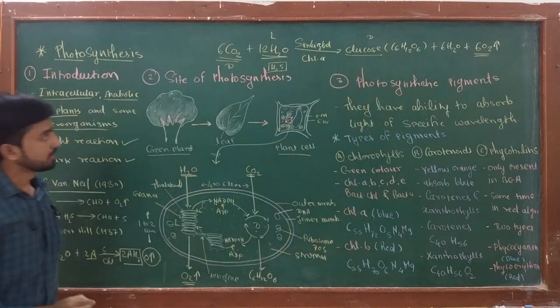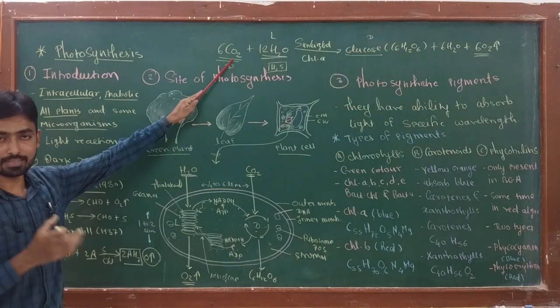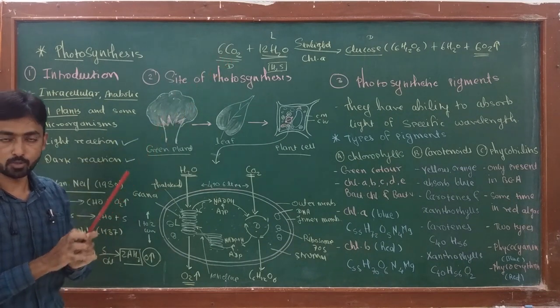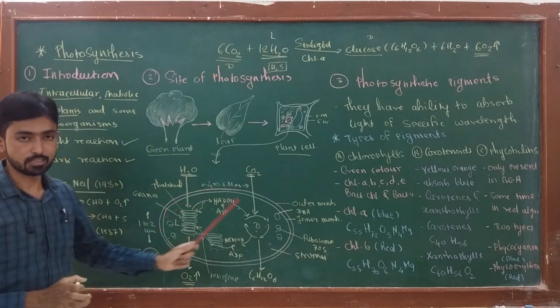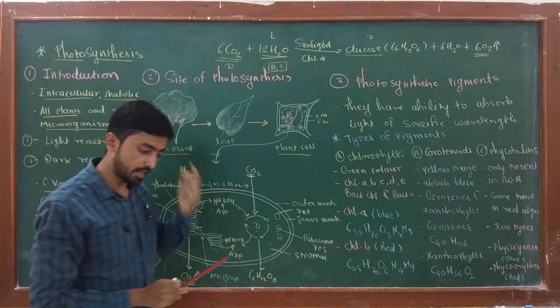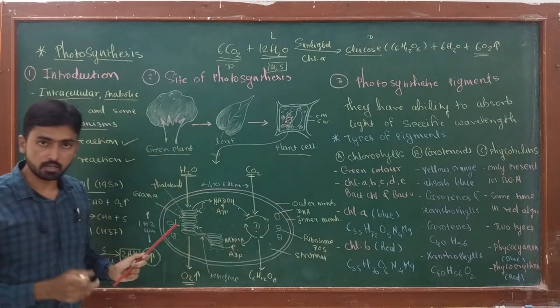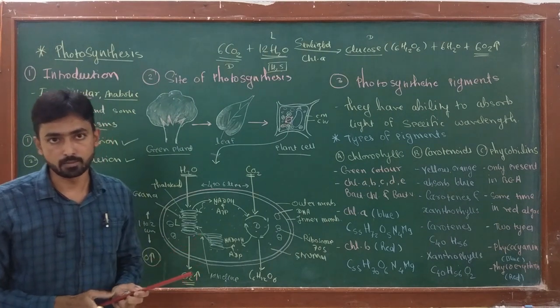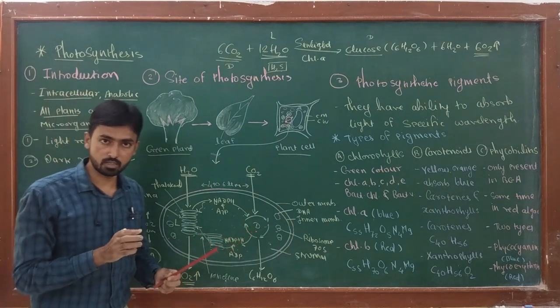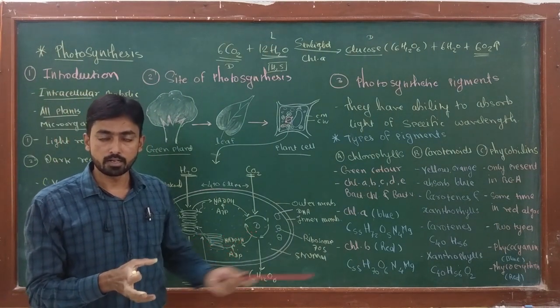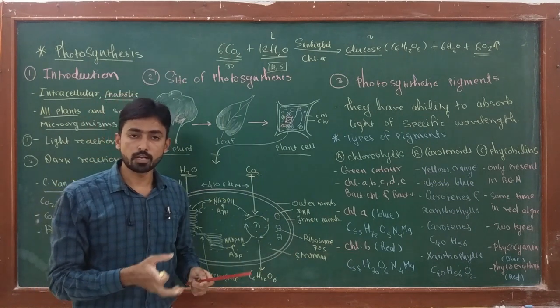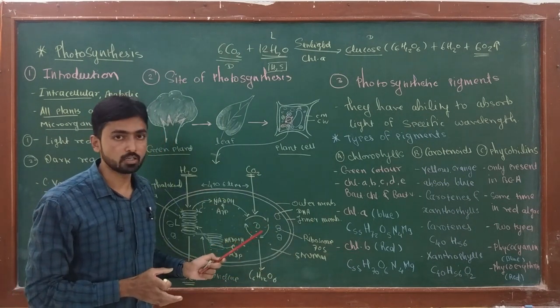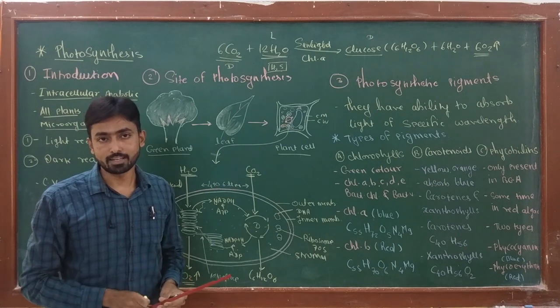Okay, so this reaction is not as simple as it looks. Actually, it is divided into two different parts: light reaction and dark reaction. The light reaction occurs inside the grana with the help of light, so it is also called the light dependent reaction. While the dark reaction actually does not require direct light, so it is called the light independent reaction or Calvin cycle